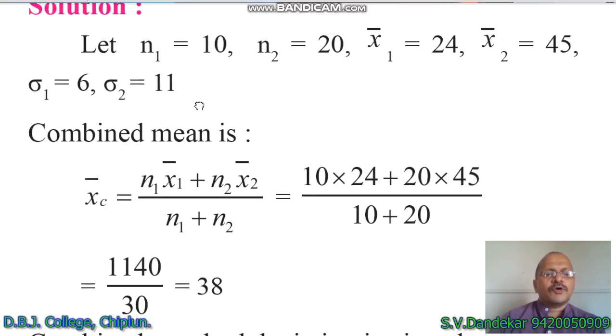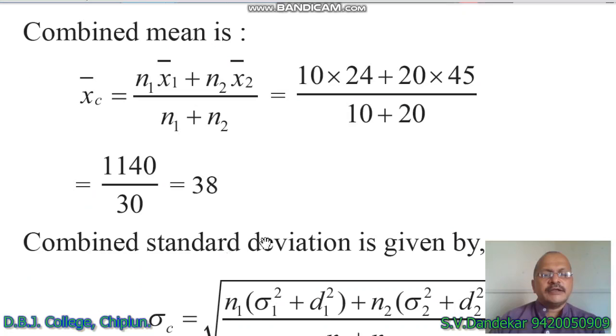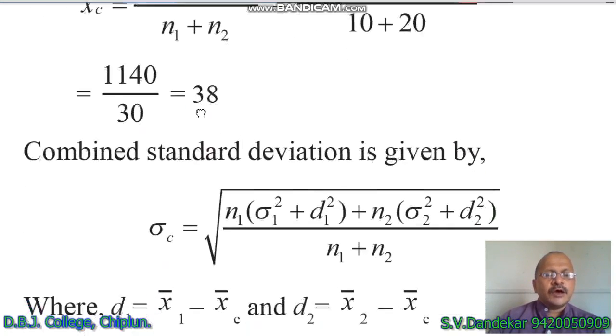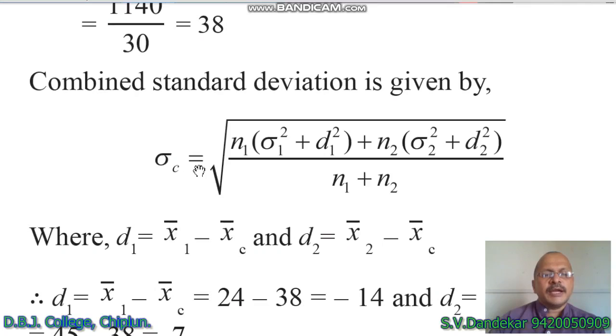Now we have the formula for combined mean. xc bar is equal to n1 x1 bar plus n2 x2 bar upon n1 plus n2. It is equal to 10 into 24 plus 20 into 45 divided by 10 plus 20. It is 38. So the combined mean is 38, and now the combined standard deviation using the formula: sigma combined is equal to square root of n1